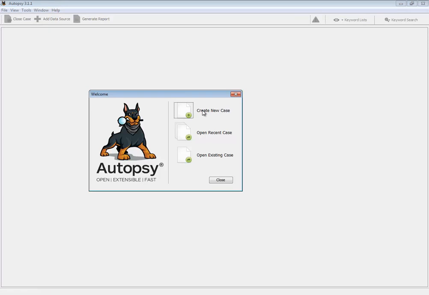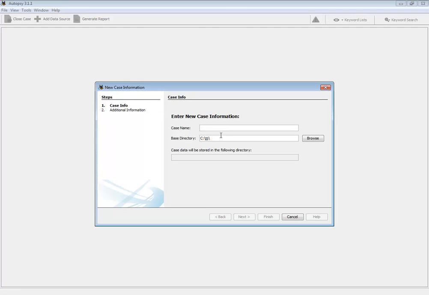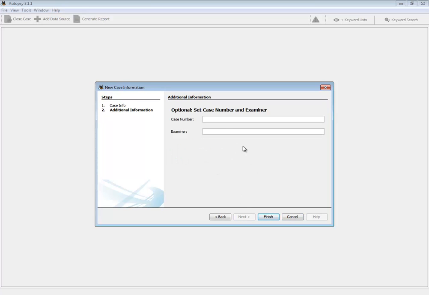Okay, so I'm going to create a new case, and for the case name, I'll say FTK test 1, and this creates a directory. And click next. You can give a case number and examiner if you want, that's optional. Click finish. And then we want to add our